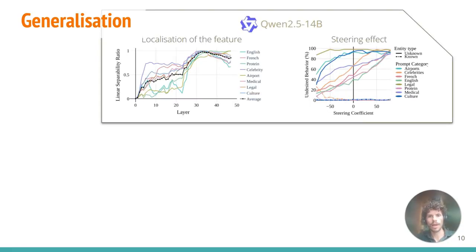What is interesting with our methodology and our dataset is that it generalizes far beyond just the Llama 3 8 billion parameter model. If we apply it to another family of models, for example, Qwen 2.5, and a way bigger model, like twice the size, we see that we can identify the localization of the feature very precisely. And also the steering, the causal relationship between the existence of this feature and the confabulation, is also strongly marked.